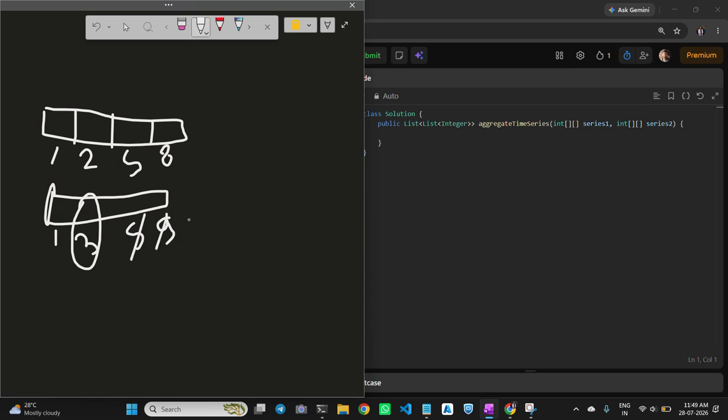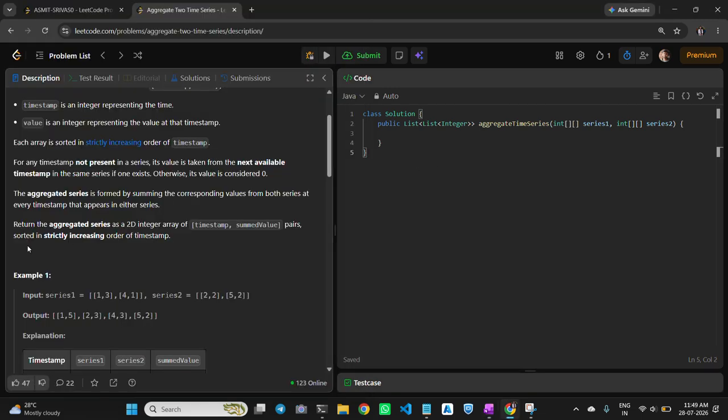And for 9, in the other series you don't have any later timestamp, so you will not add any value. So this is the problem statement.